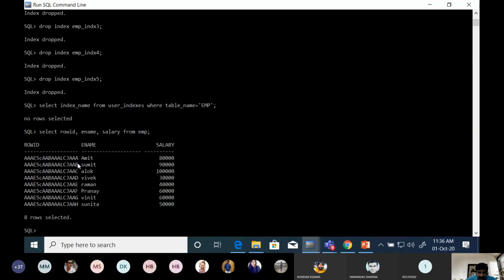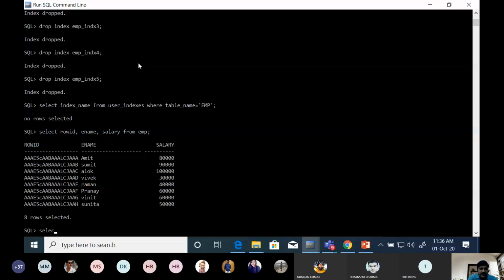Here you see the difference in these characters A, B, C, D, and all the others are the same because all the tuples are in the same file number and the same block number. So our row ID consists of 3 parts: file number, block number, and record number. Did you get it? Yes, sir.